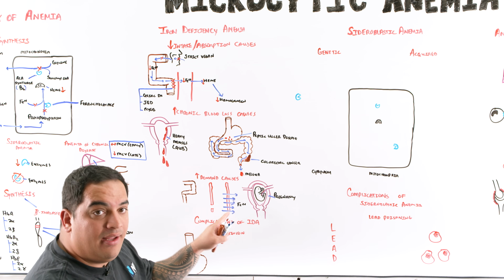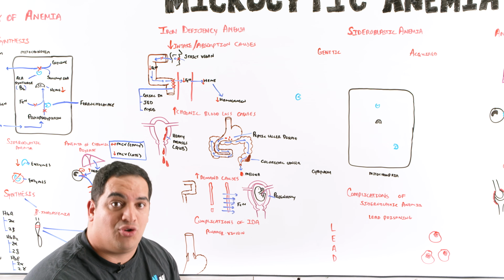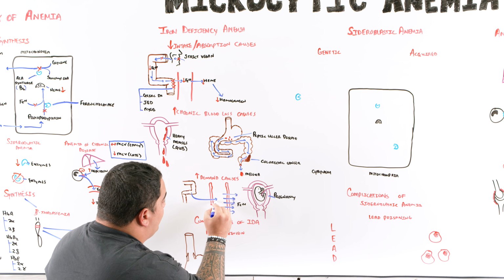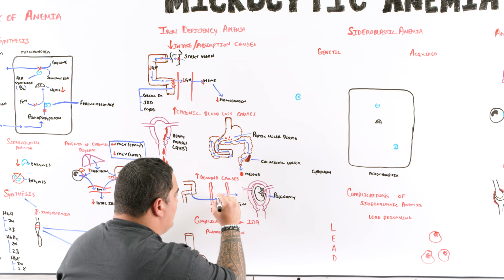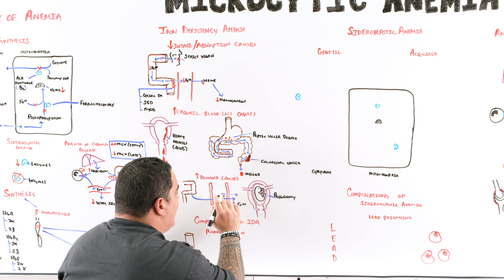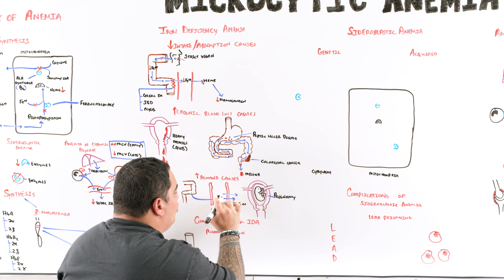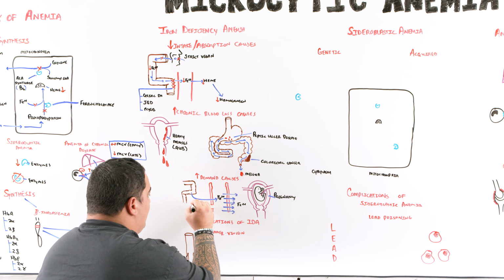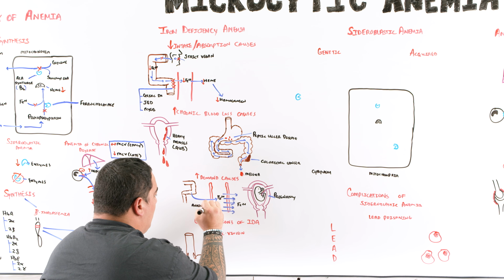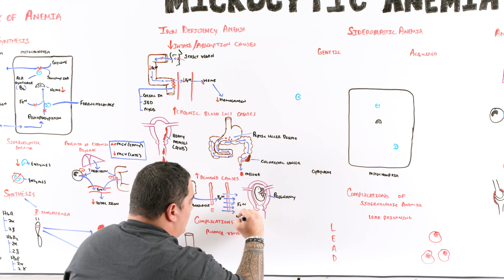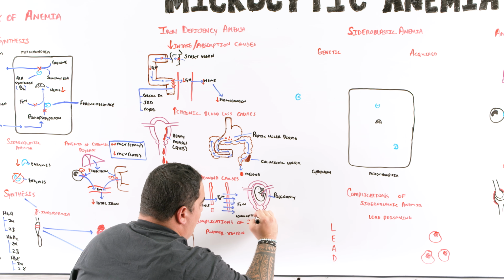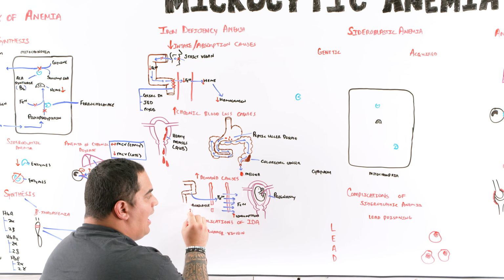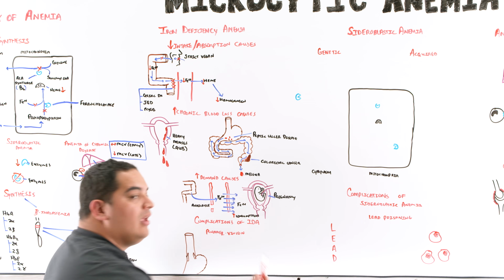If my intake is not up to that demand, I can develop a functional iron deficiency. So let's just say that my consumption of iron is not equaling, or there is a mismatch between these two. So there is less iron that's actually available and more iron being utilized. This will produce, in a way, a functional iron deficiency. So decreased available and then increased consumption. This will create that mismatch, if you will, kind of like angina, if you really think about it, right? So if you have a decreased supply and an increased consumption or demand, that'll create a mismatch